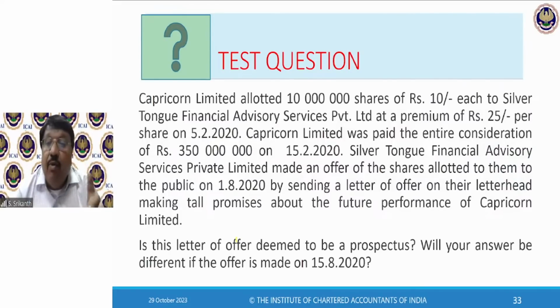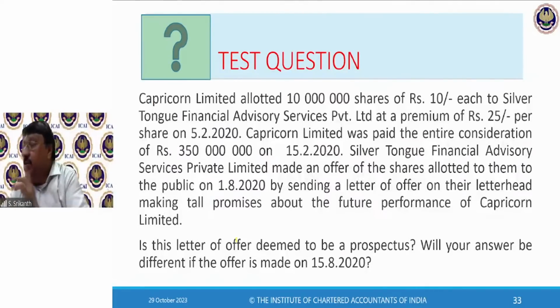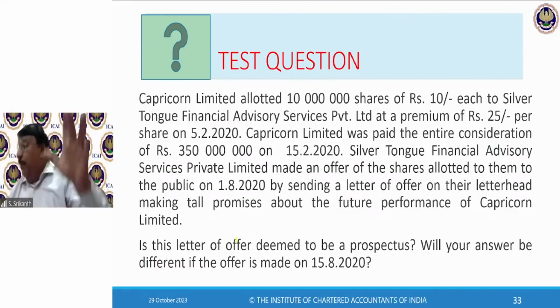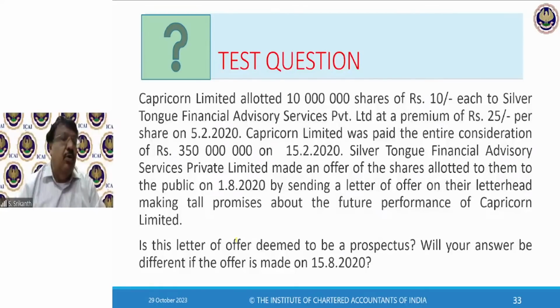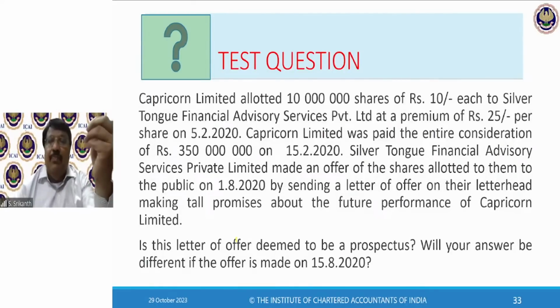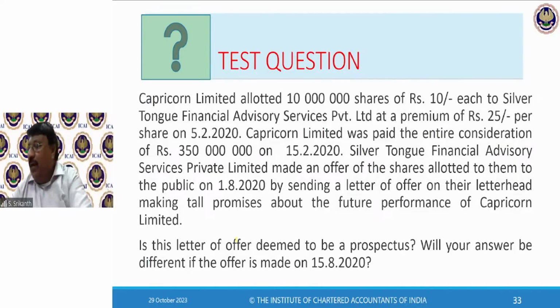So, in Nash versus Lind, why was the decision against Nash? Because that document had the words it is strictly private and confidential. So, it was not intended for the public. Okay. So, suppose you write a letter to your friend, saying, hey, I have purchased shares in Dubakur Limited. Wonderful company. The MD is a nice man known to me. It's a very difficult thing to get these shares. In case you want, I will give it to you. Private, and don't tell anybody.